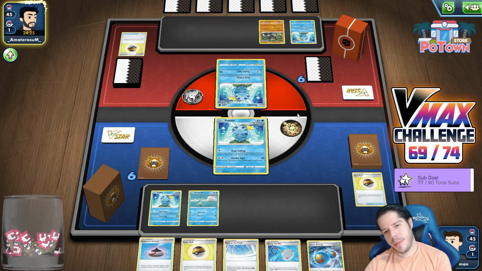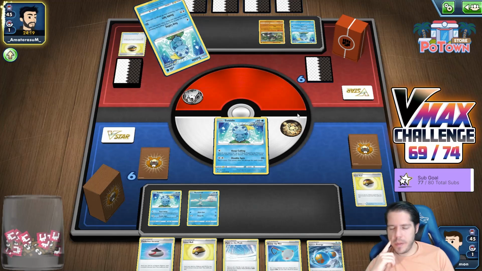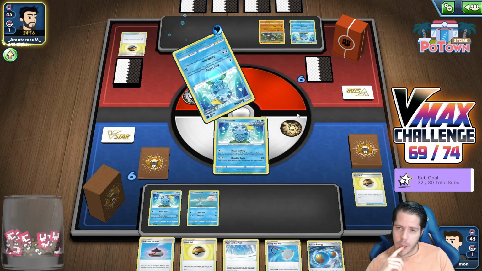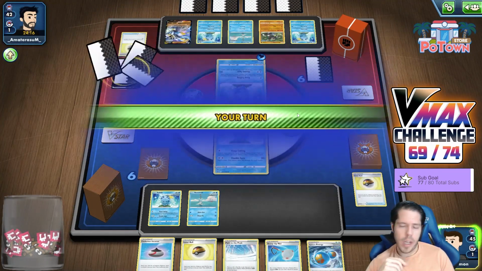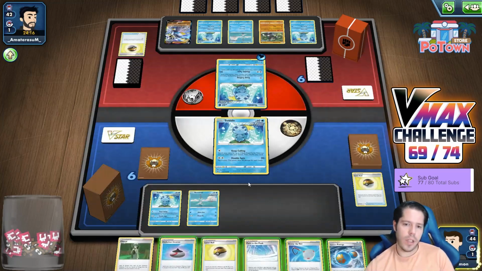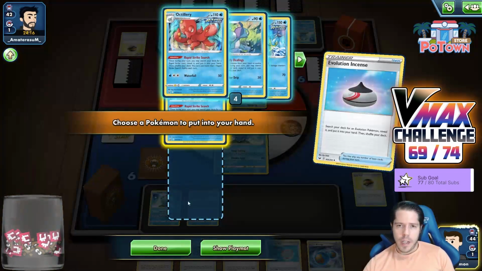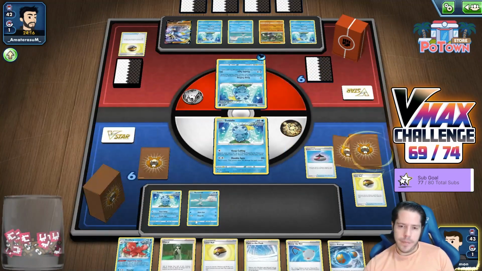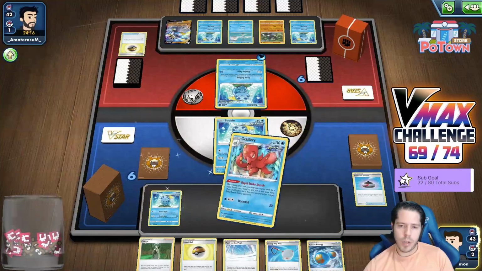Yeah, I heavily misplayed that last match. Heavily. I got greedy as well. Okay, they do have keep calling. It is Melanie URSHIFU. Once again. Oh wow, they just decide to fill up their bench. Okay. Alrighty, so we'll grab Octillery. We will grab...